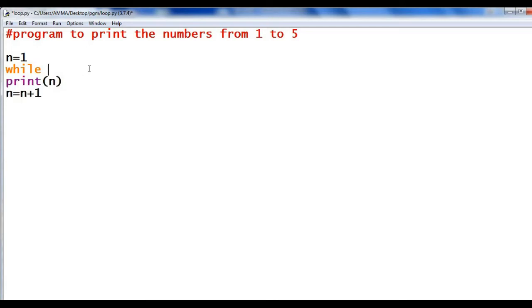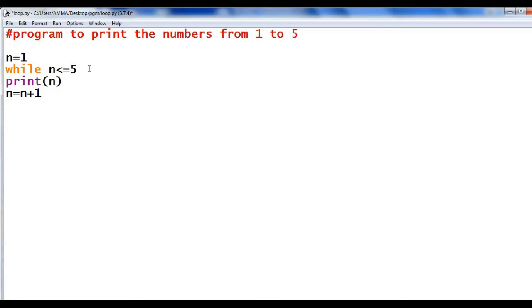So the condition is, if the value of n is less than or equal to 5, I have to execute print n and n equal to n plus 1, because I want to print the numbers from 1 to 5. So if the value of n is less than 5 or if the value of n is 5, I want to execute print n and n equal to n plus 1.